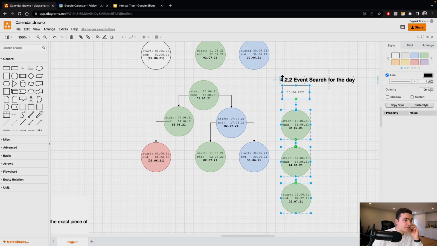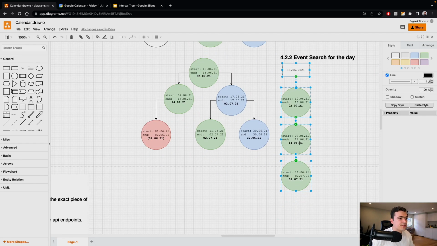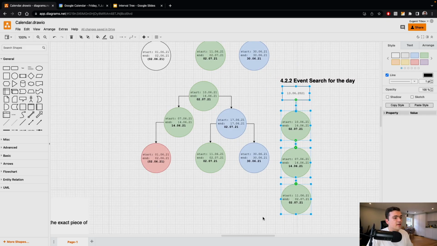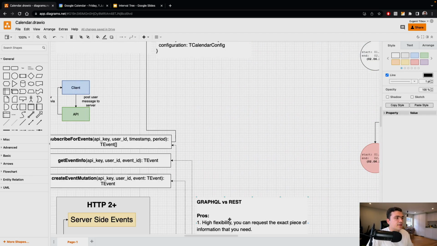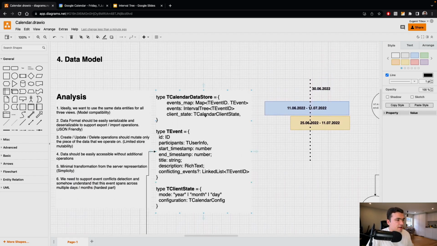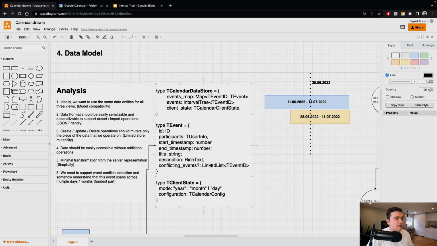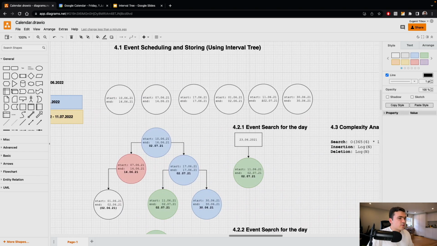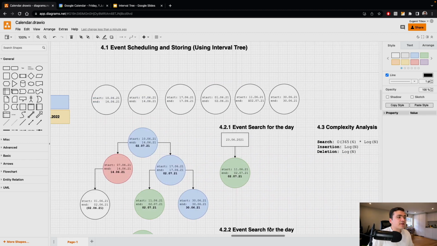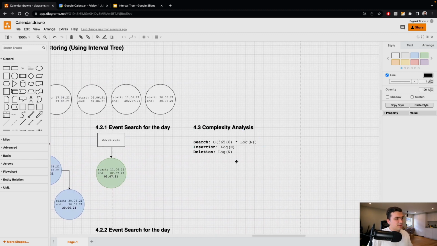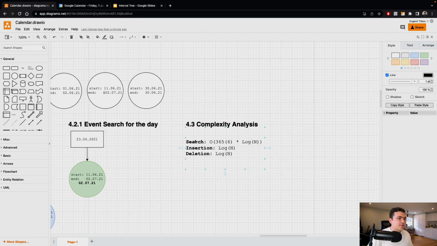And during the construction of this event, during the rendering of this event, we can populate the conflicting events data here and later use it for rendering the conflicts. So what is the complexity analysis for this one? If we look at the complexity analysis, so the search